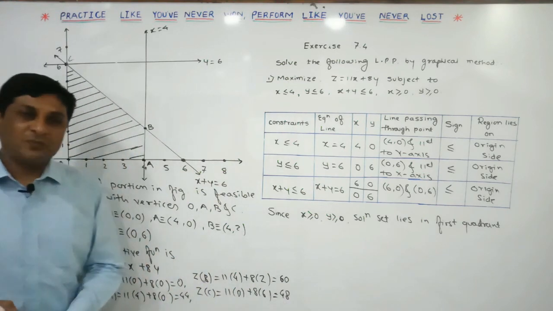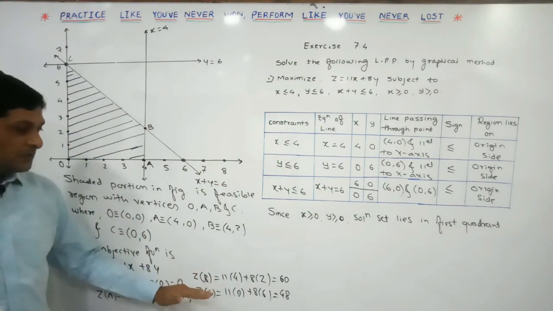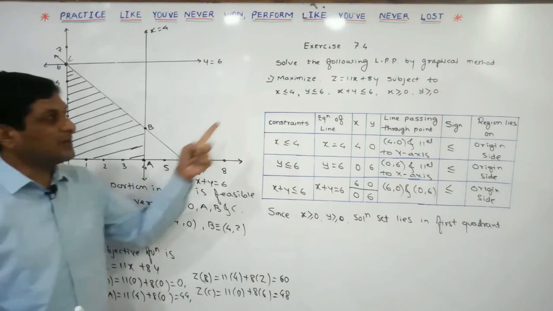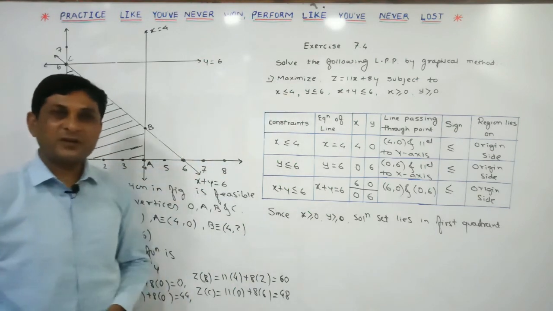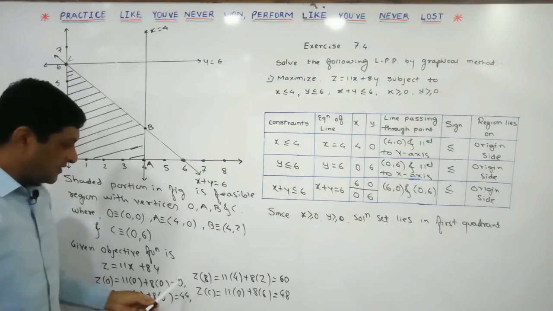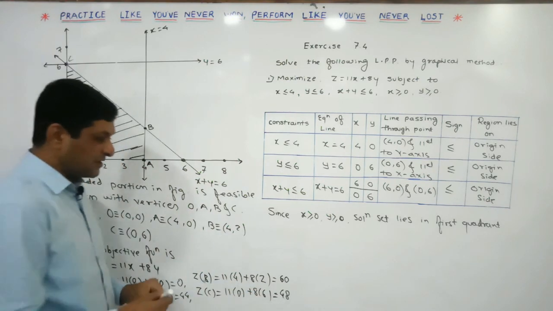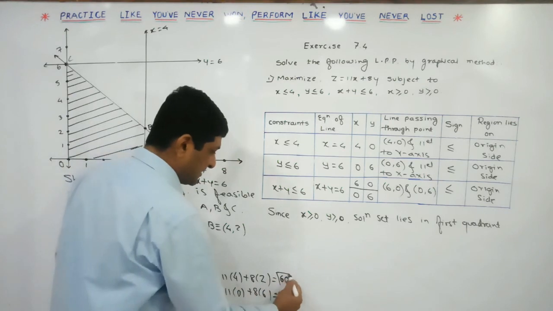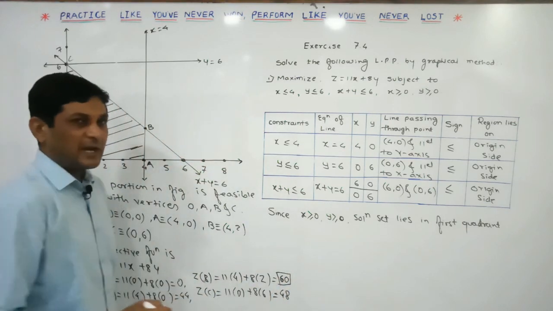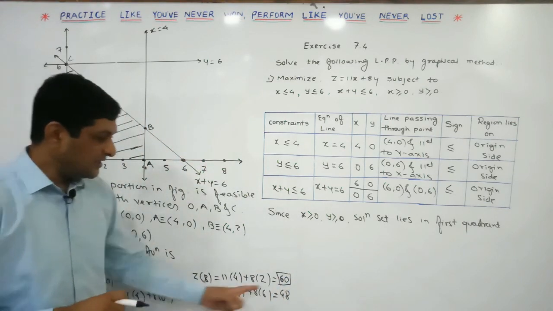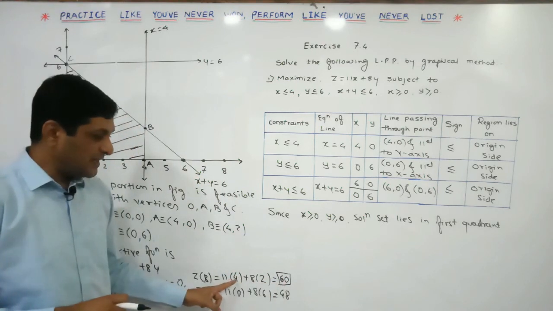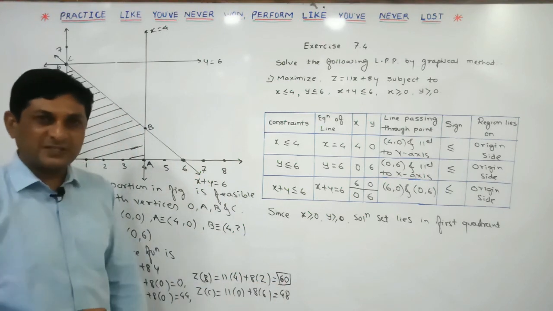Once the values of the objective function at all the vertices are known to us, observe our example. Our example is to what? Maximize. So check where we are getting the maximum value. If we compare these four values, we will see that 60 is the maximum. So we can say that our maximum optimum solution is 60, which we get at x equal to 4 and y equal to 2.